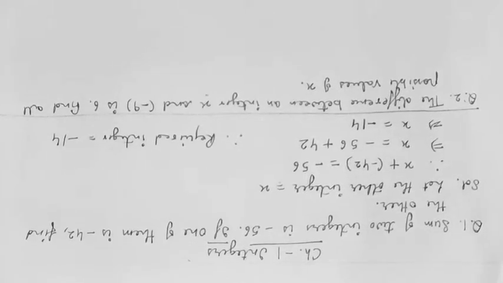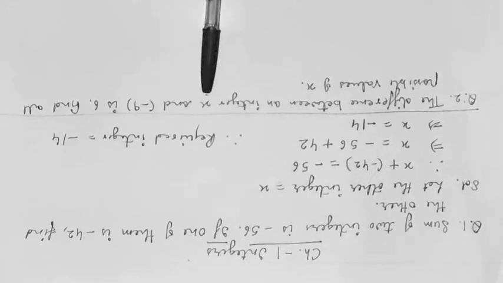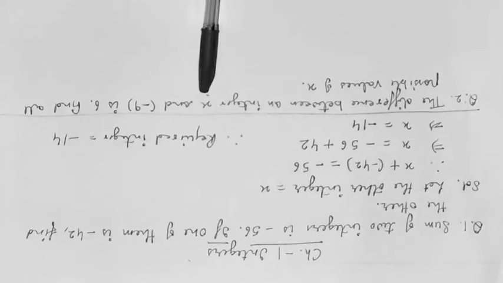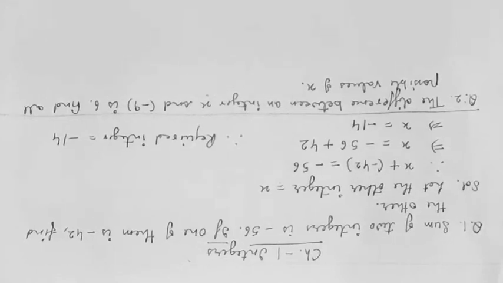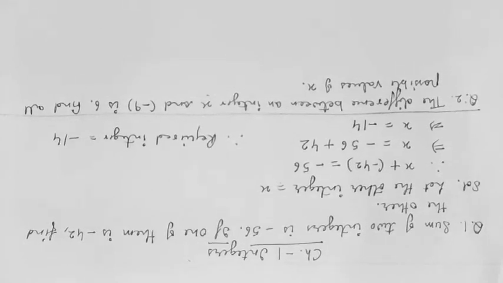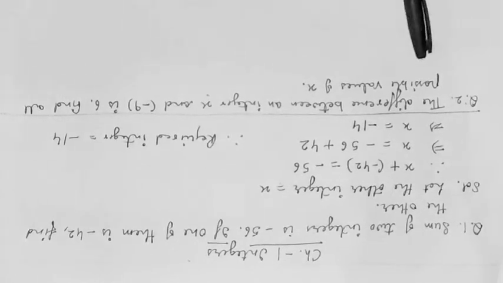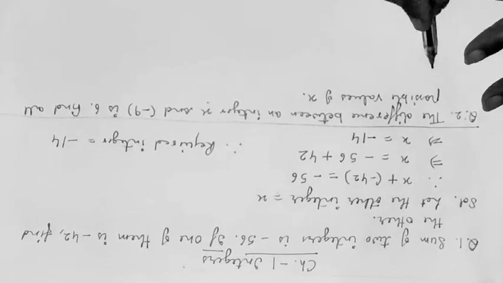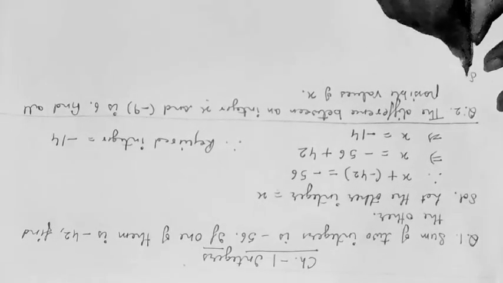So we will have two answers. When we assume x as the greater number, then we get one value of x. When we assume x as the smaller number, then the value of x will change. So we will have two answers in this question. That is why it is written in the question, find all possible values of x. Now see here, first I am going to solve it.